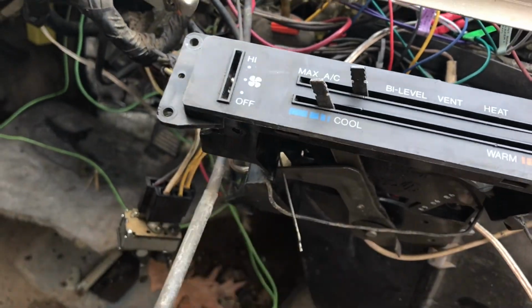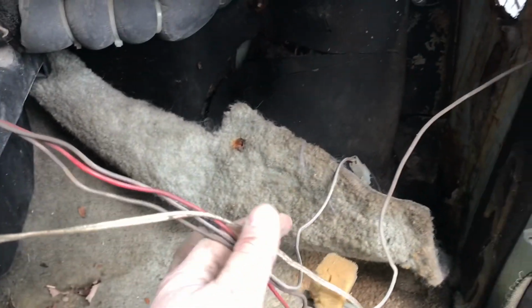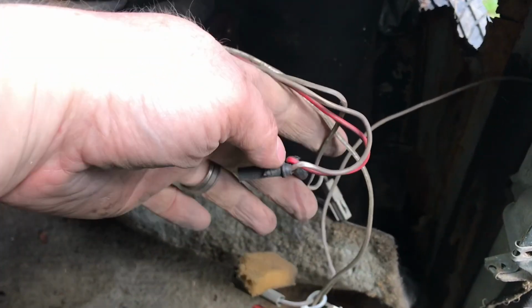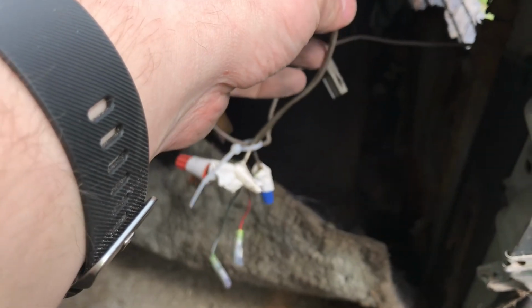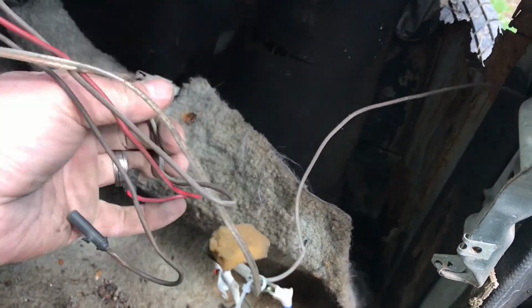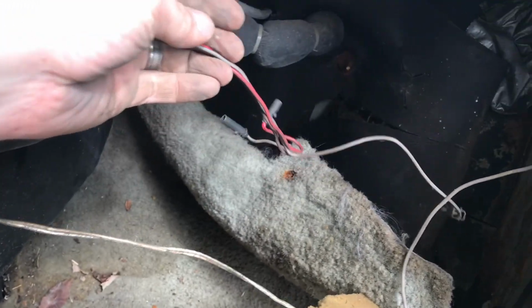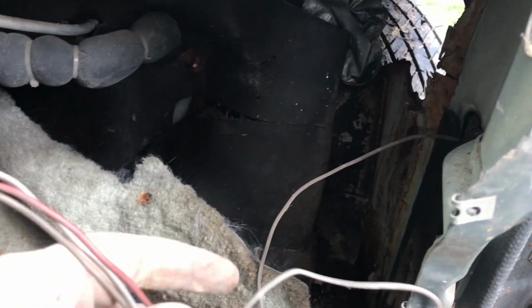But obviously this goes in there. There are wires that go to this side. I know these are the speaker wires. Can't remember what that went to. I don't even know if it was hooked up to anything. But there was the cigarette lighter you had to unplug, the hazard lights that you had to unplug,